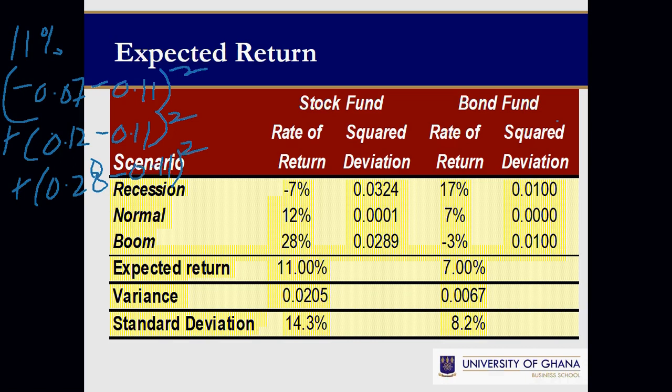So we are getting 0.0324, plus 0.0001, plus